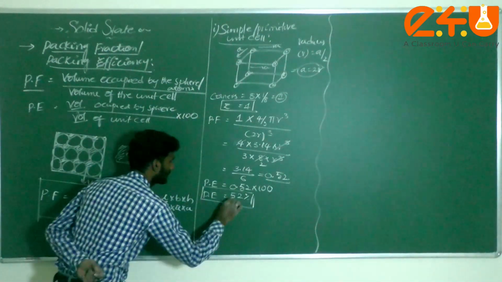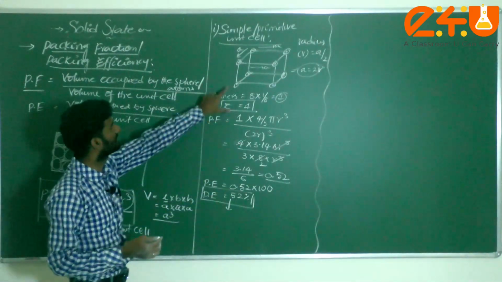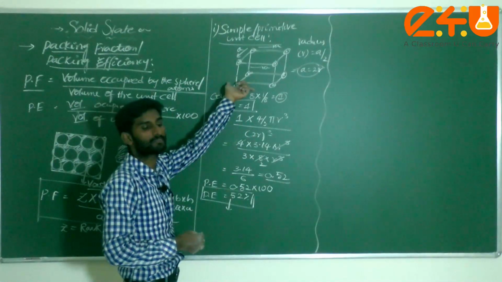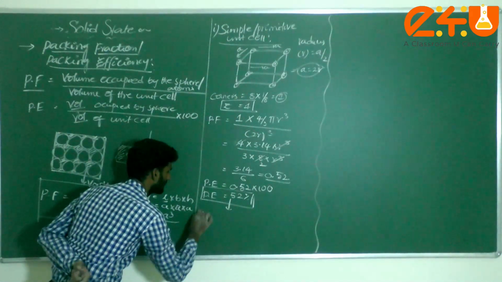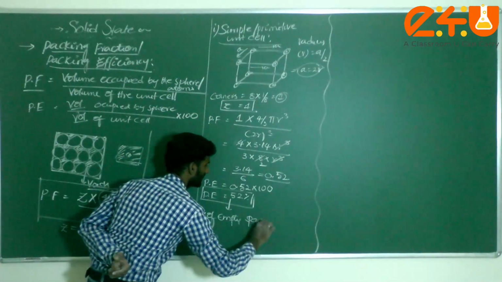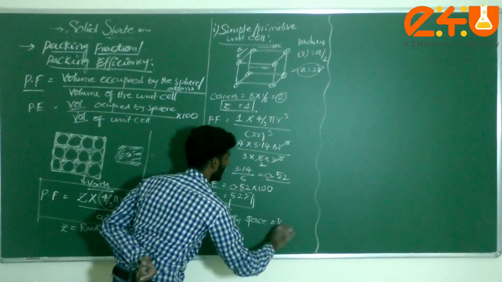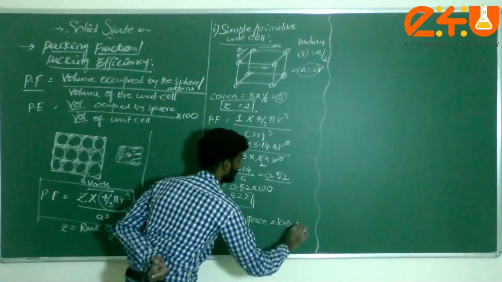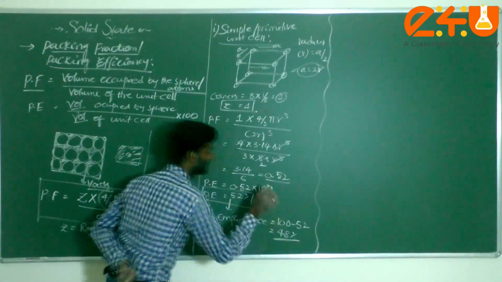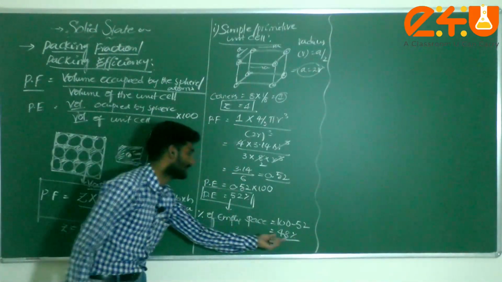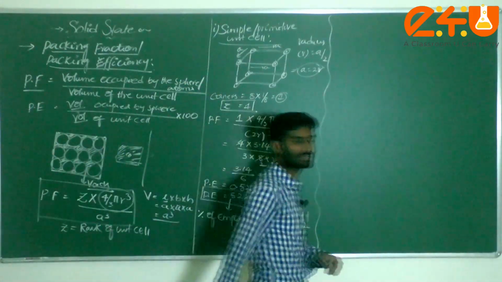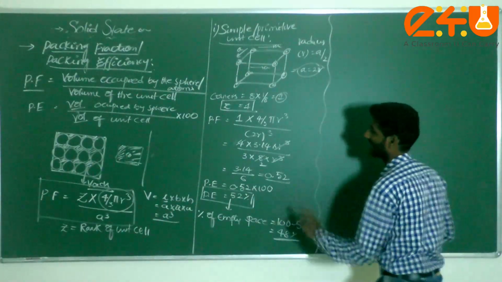That implies, how much empty space or voids is present in the unit cell? Then I can write here the percentage of empty space. The percentage of empty space is equal to total how much? 100. How much occupied here? 52. Then how much remaining percent is here? 48%. How much, dear student? 48% is the empty space present in the particular unit cell. This is about the simple or primitive unit cell packing fraction.